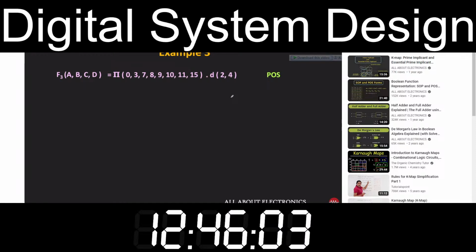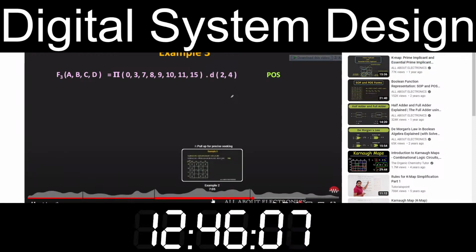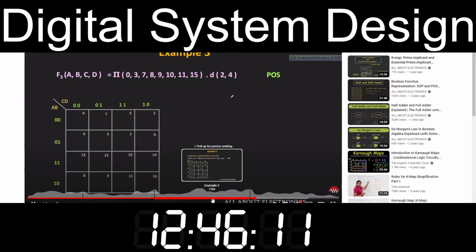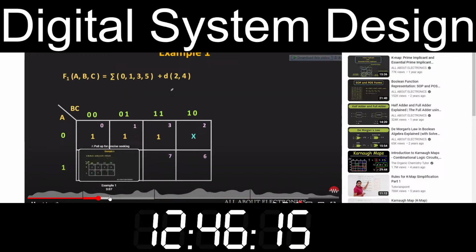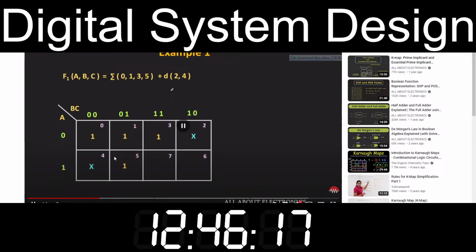So in this third example, this function f3 is given in the POS form. So first of all, let us represent this function in the K-map. So during the minimization, we should cover all the